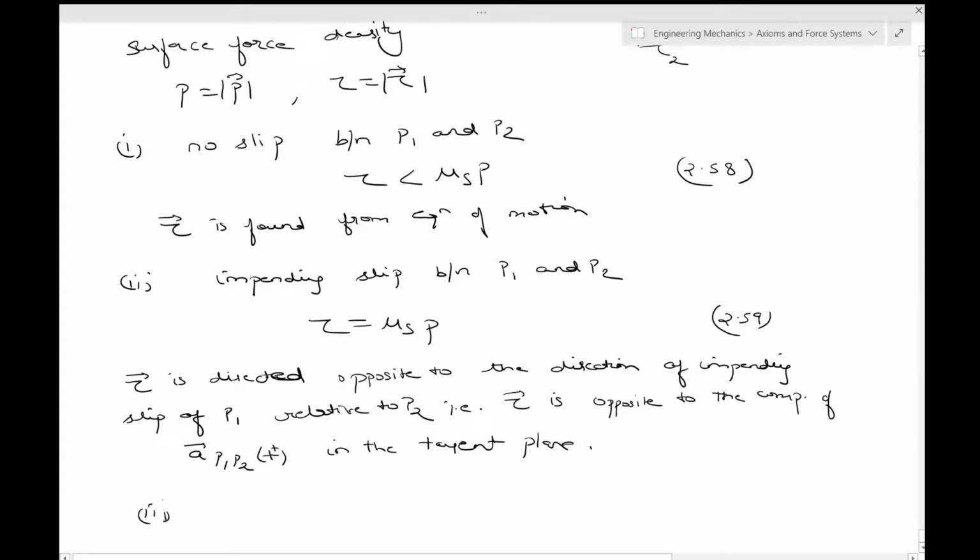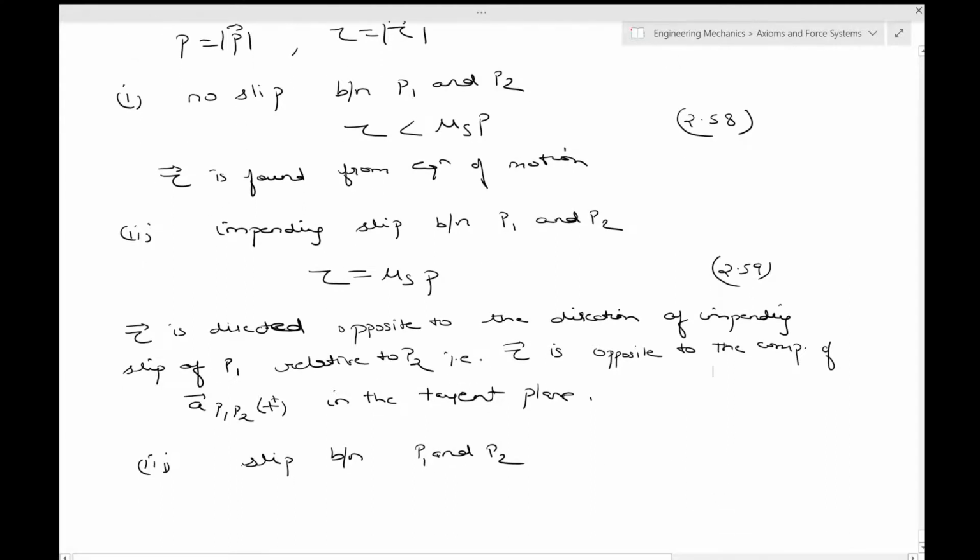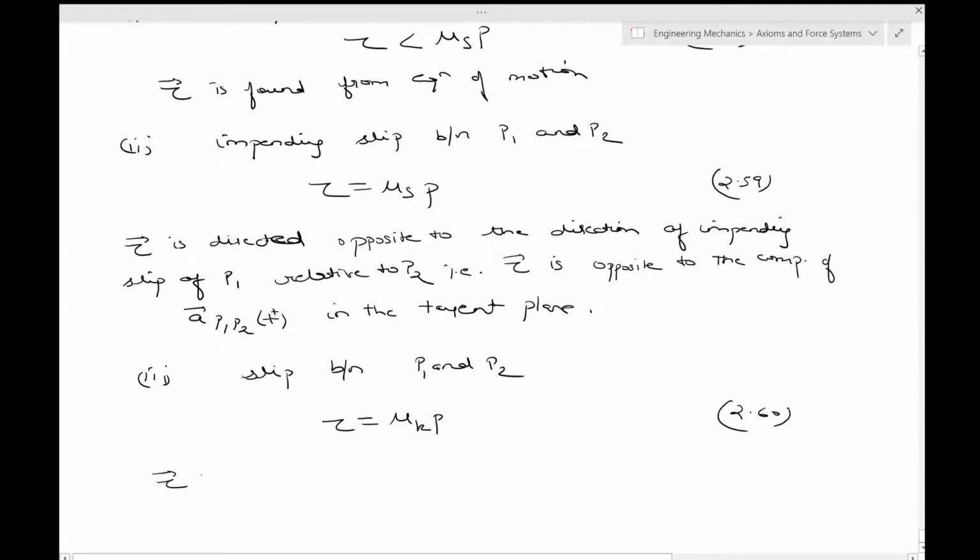And the last slip between P1 and P2, sorry, you will say that tau is equal to mu k, the kinetic friction, 2.60. Okay, and in this case tau is directed opposite to v p1 p2, the relative velocity at t,